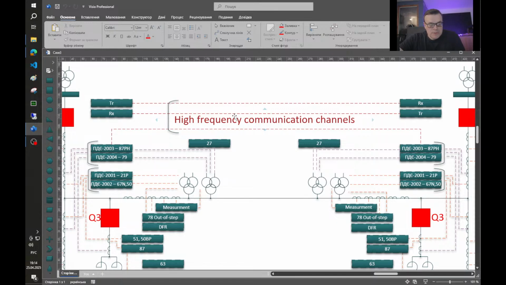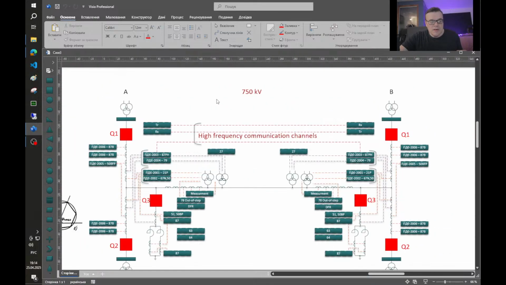it used four signals for protection, and in one from substation A to substation B it transmitted 7 system integrity protection signals, and from substation B to substation A it transmitted 10 system integrity signals. So,